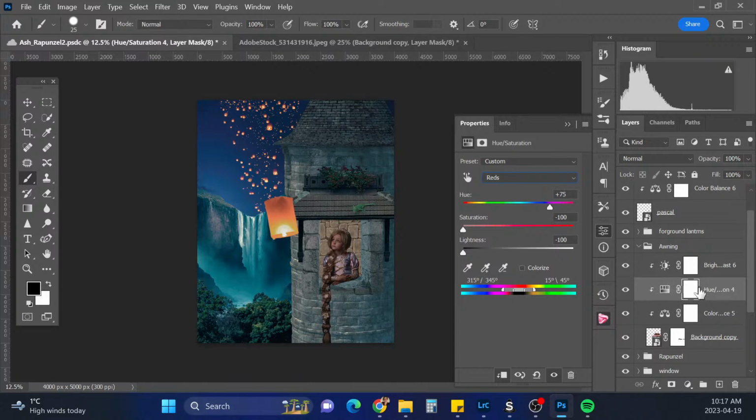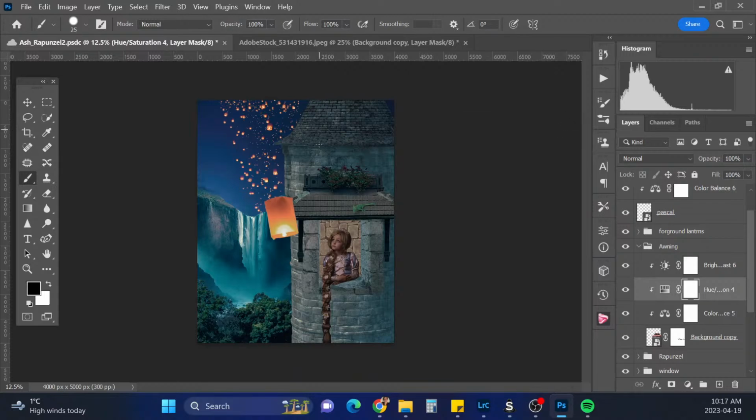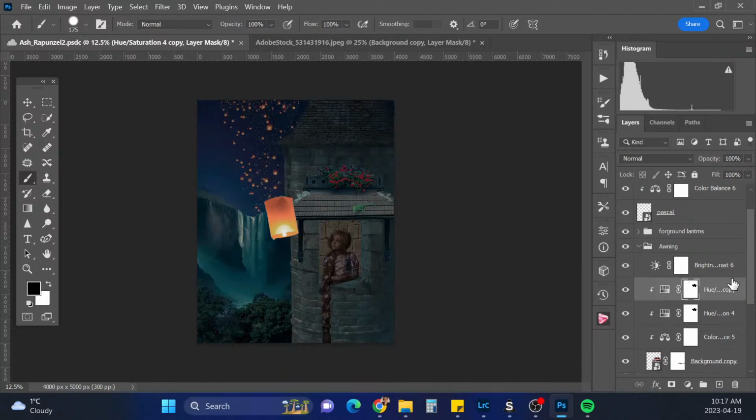Okay, and clearly we don't want this layer on the bushes up here, so we will paint that off, the flowers. Oops, what did I do?